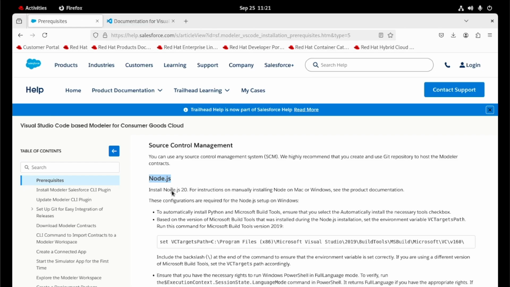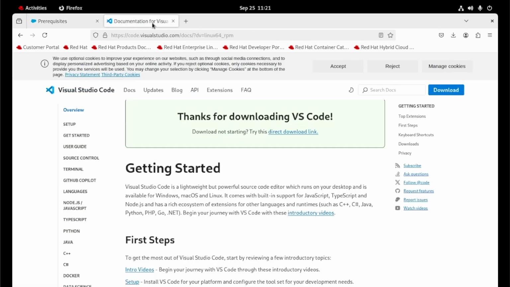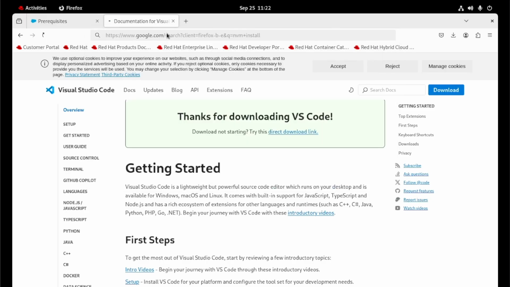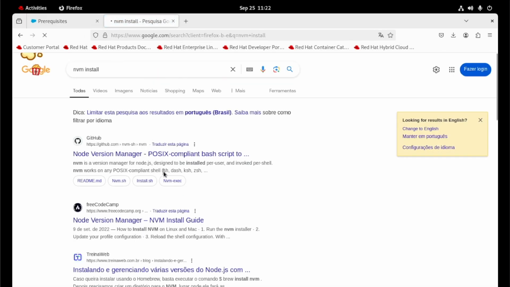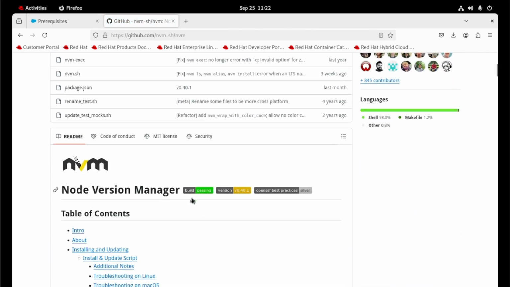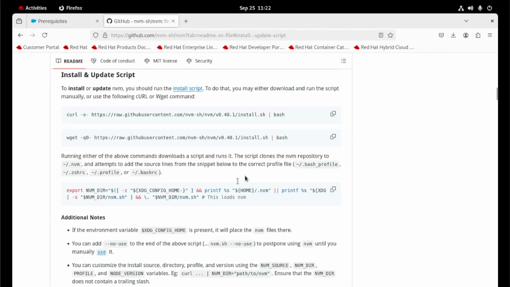For that, I will use the NVM, Node Version Manager, and then let's open the NVM website. And get the script to install.